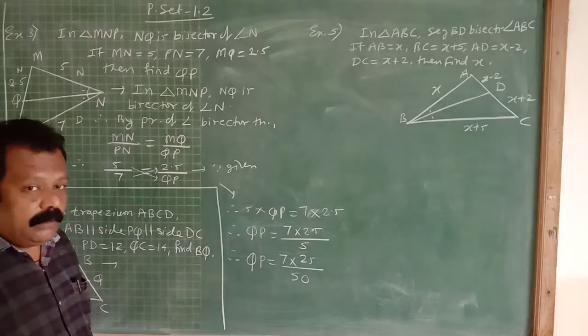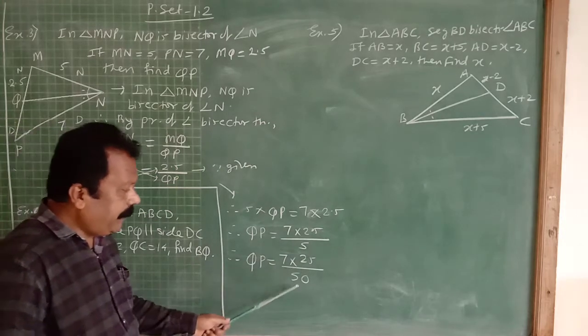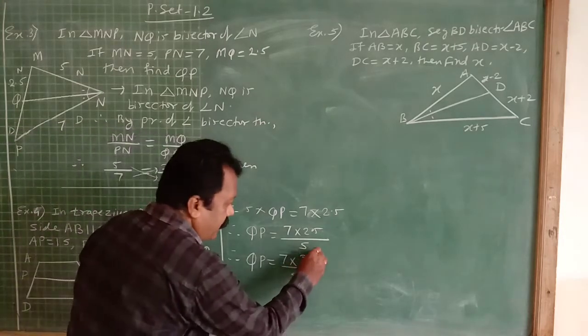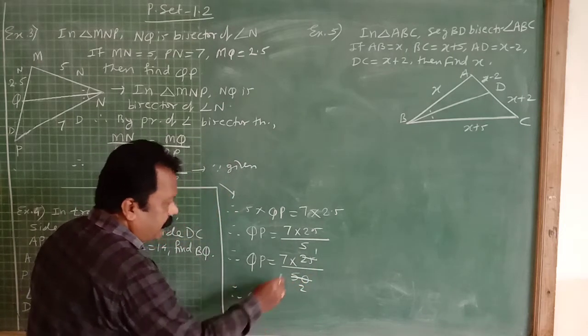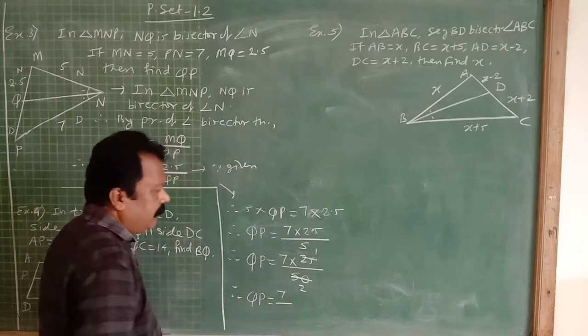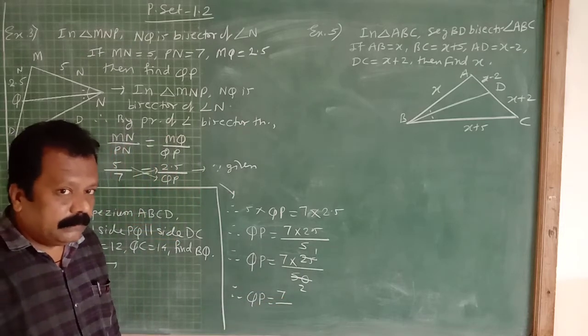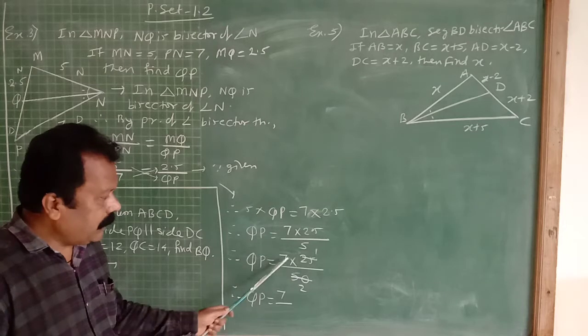So, without the decimal you have to divide. Now 25, 15, 25 7. So 25 ones are 25. Therefore, QP is equal to 7 into 1, 7. Some students are writing in a hurry, writing 7 into 1, not 7 into 1.